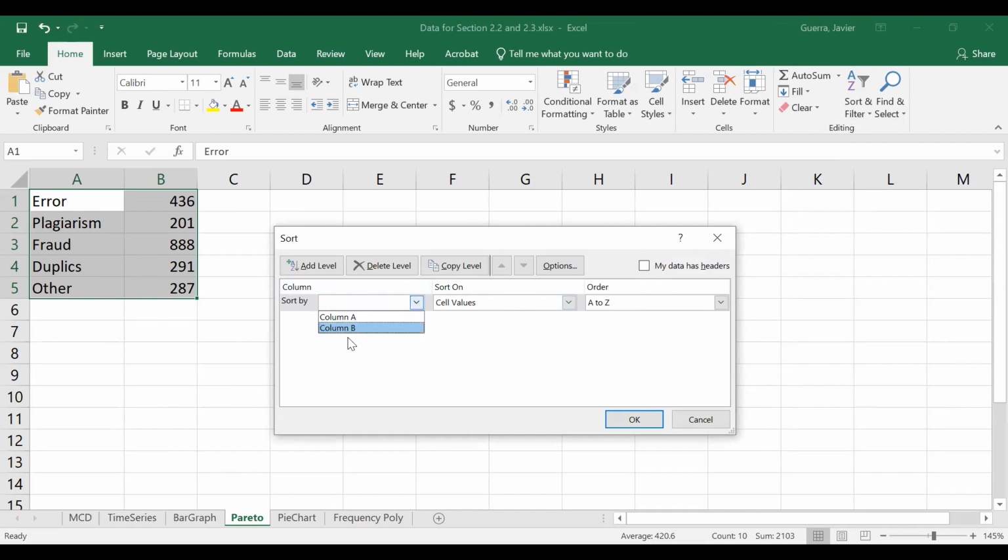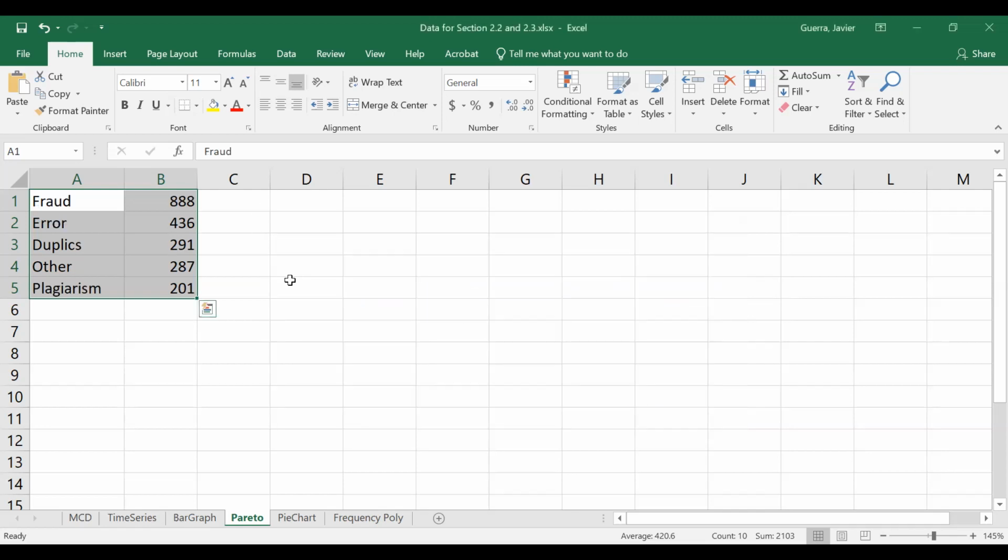So I'm going to sort by column B, and then click from largest to smallest. So column B, largest to smallest, and then I'm going to hit OK, and presto, your data have been arranged